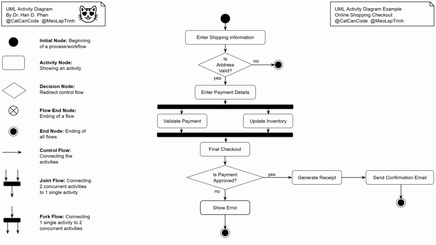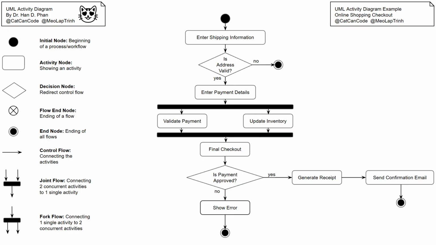Otherwise, if the address is valid, it will go to the next activity node called enter payment details. And then from here, I will use the fork flows to connect this single enter payment details activity to two concurrent activities, validate payment and update inventory. After that, I use the join flows to connect these two concurrent activities, validate payment and update inventory, to the